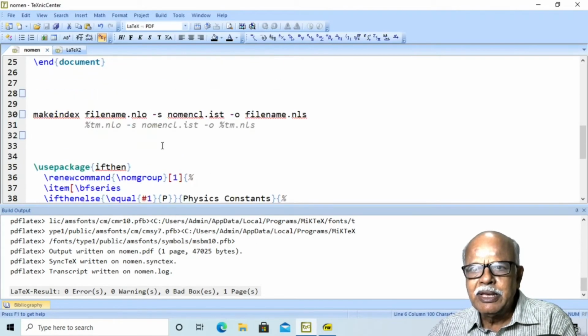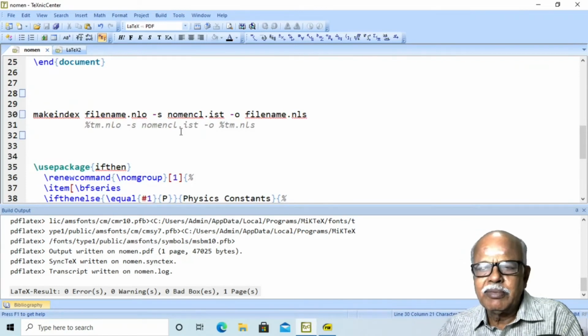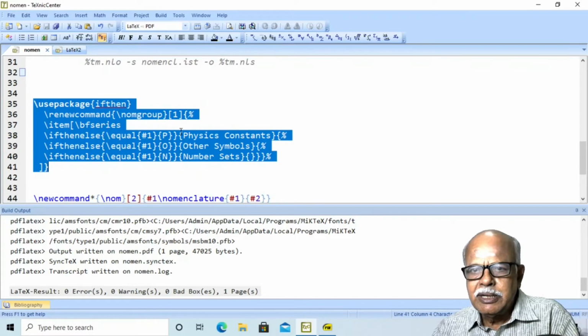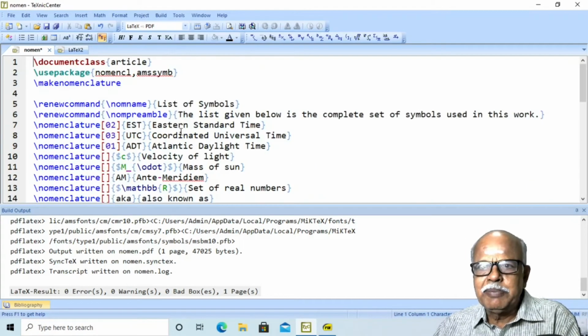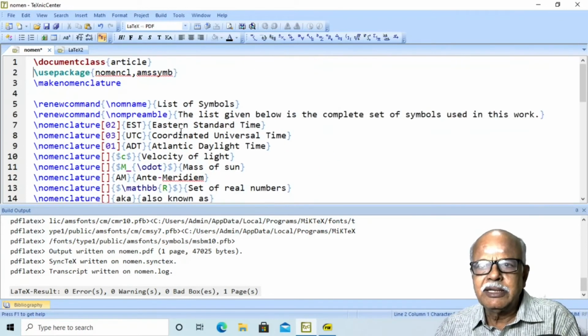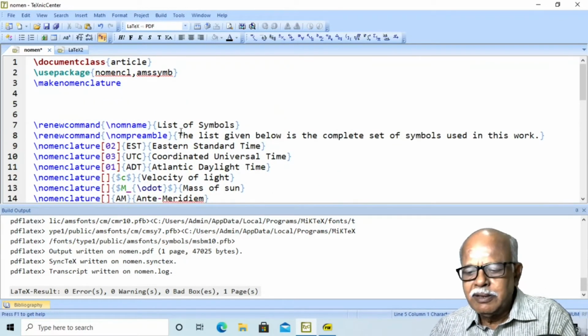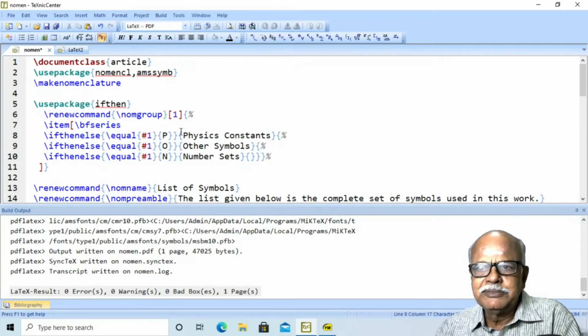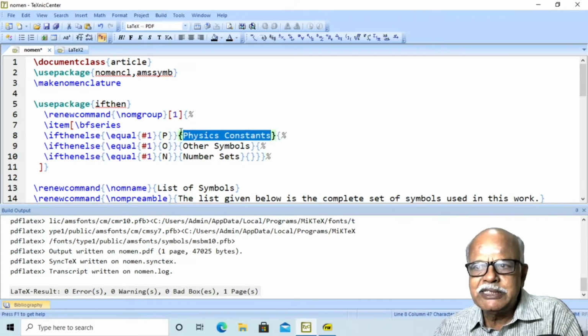Again, let us say we use the ifthen package, and then we renew the command \nomgroup like this. If in the option bracket I give B, I must have a subgroup Physics Constants.